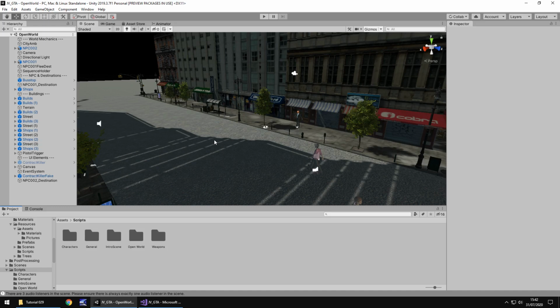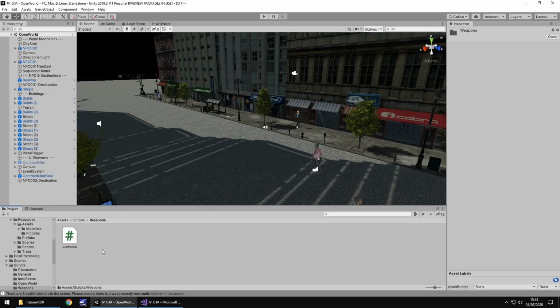So how do we do that exactly? Well, we use something called Raycast. Raycast is a way of sending out an imaginary, well, I say imaginary, it is real in the game as it were, but you could theoretically put a line straight out in front of you and see what that line collides with. If it's the NPC, then we can actually do something. So we need to go to the script which will allow us to fire our weapon, which I believe is in here, and it's firing pistol. So if we open up the firing pistol script,